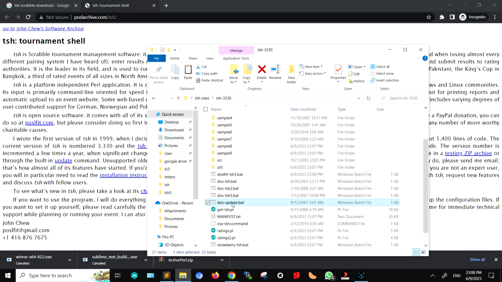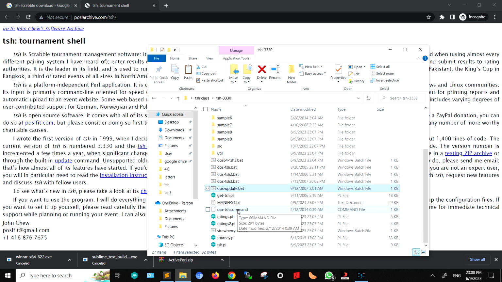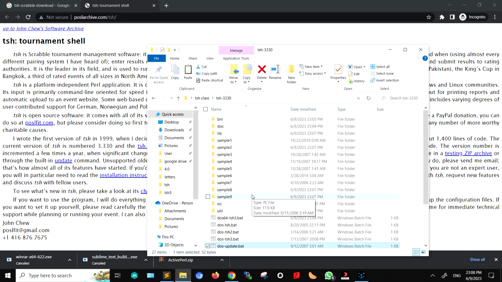But what I want to assume is that this one runs. If this one doesn't run, this one will run. If this one doesn't run, this one will run. But when you execute this one, it executes this one by default. Okay, so once we have updated our TSH, now you can begin what I call